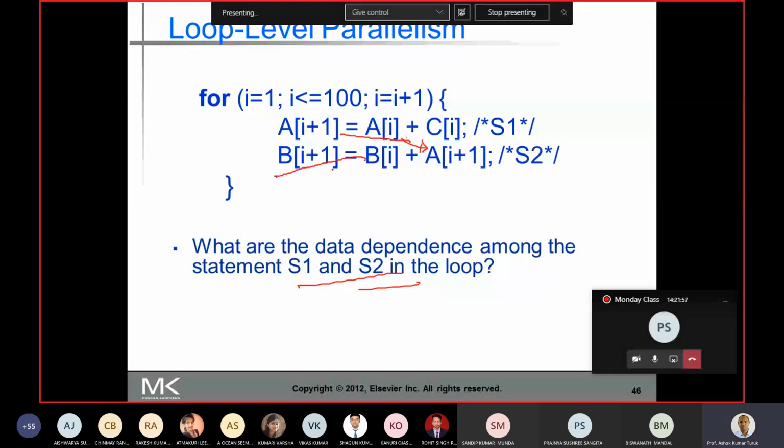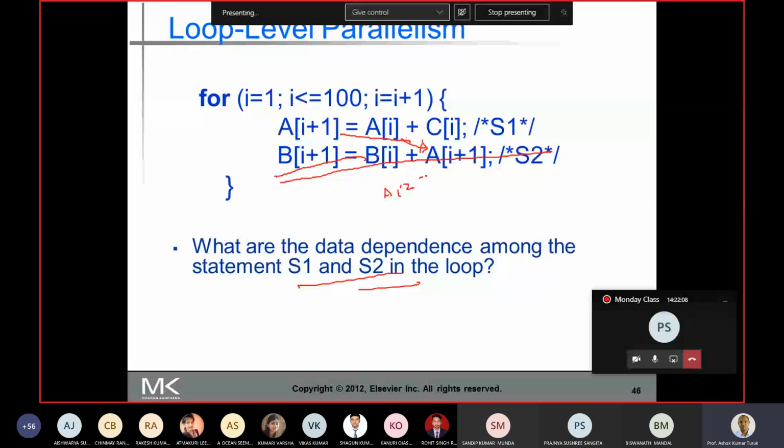To find out, let's take i equal to 1. In the first iteration, A2 is equal to A1 plus C1, and B2 is equal to B1 plus A2. This is when i is 1.